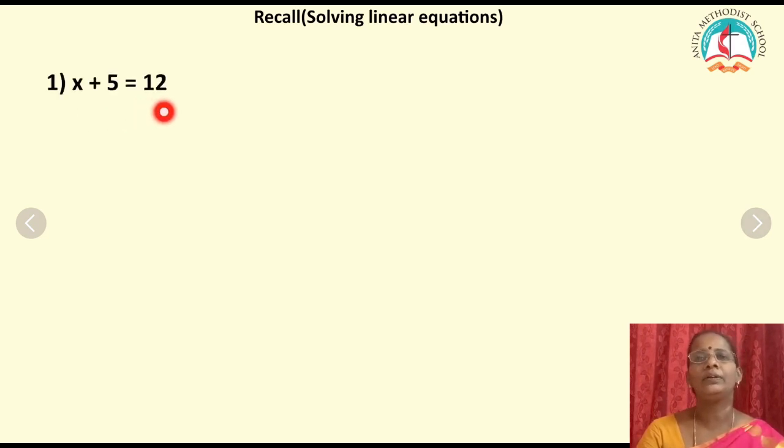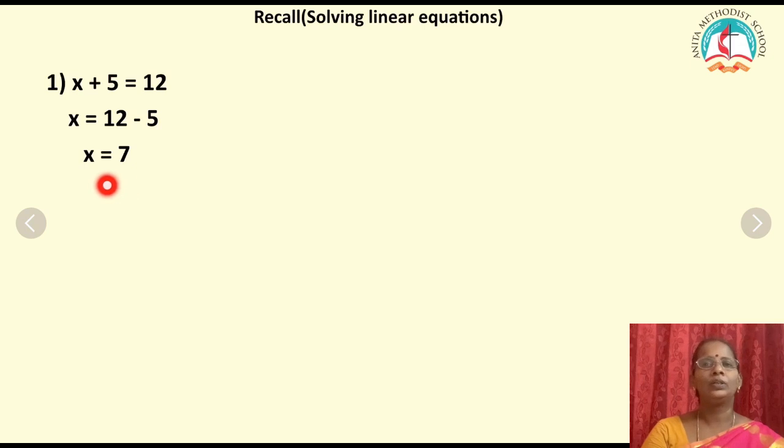x plus 5 is equal to 12. So I want to find the value for x. So how will you find x? You have to keep x in one side, the number in another side, variable in one side, and the number should be in the other side. Here you have plus 5. Plus 5, when it goes that side, what will happen? It becomes minus 5. Opposite sign it will go. Okay. So x is equal to 12 minus 5. Therefore x is equal to 7. Clear all of you children?